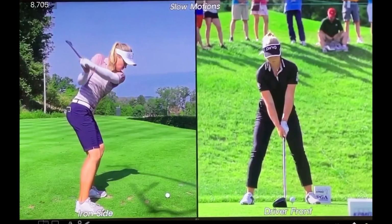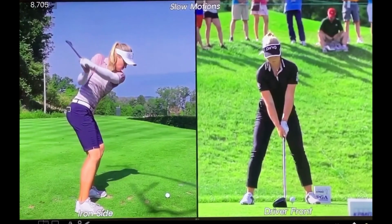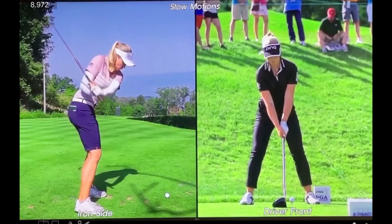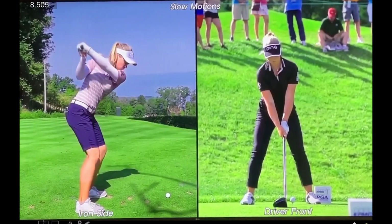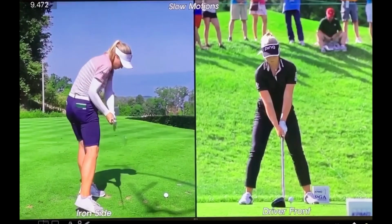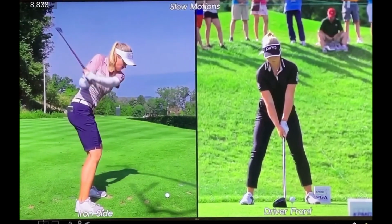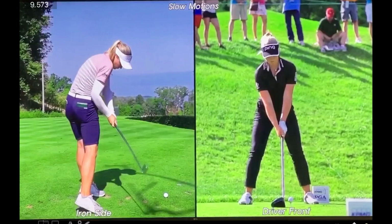So one of the things you'll notice is that as she's doing this, as the right hip begins to fire, her right shoulder begins to fire a little bit sooner. Notice this, the wrinkles popping up in her shirt there, by her right shoulder. This is right shoulder protraction, just rolling that right shoulder forward, getting ready to drive hard with that right shoulder through the ball. And you'll see that keeps the right arm in flexion so that as she continues to drive with that right shoulder, she has something left to hit with, which is this angle right here,